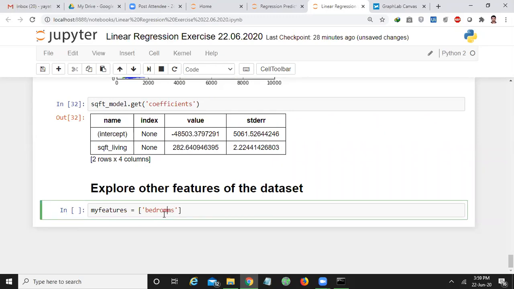I want to check how price is changing with the help of bedrooms, bathrooms, and SQFT living area. And I want to study with SQFT of lot, and with the number of floors. And I want to study with the help of zip code also.